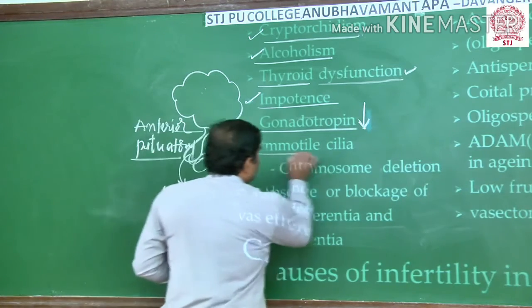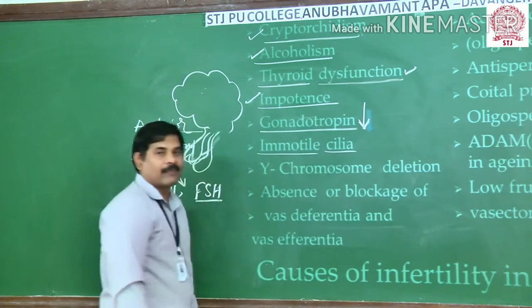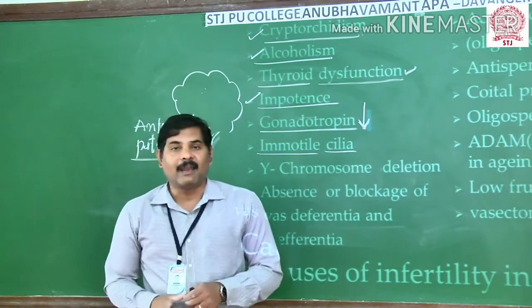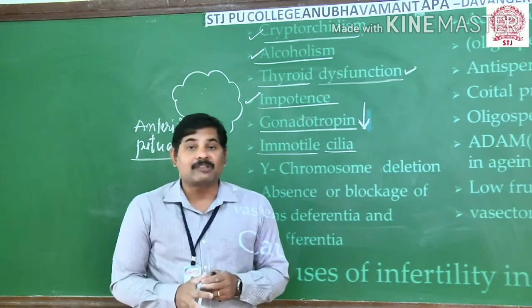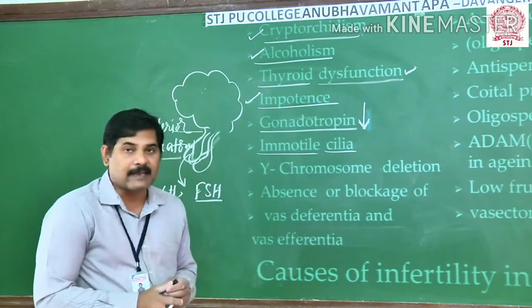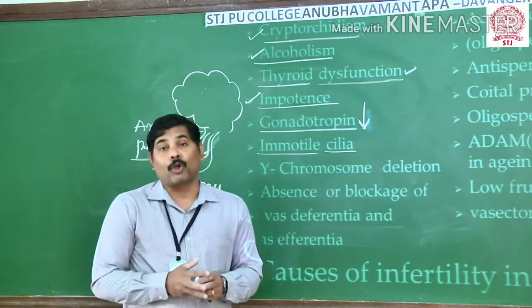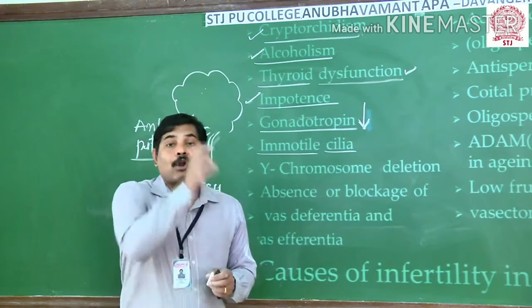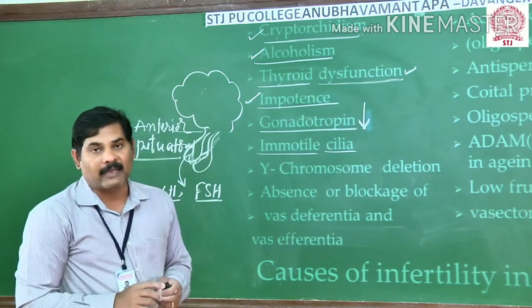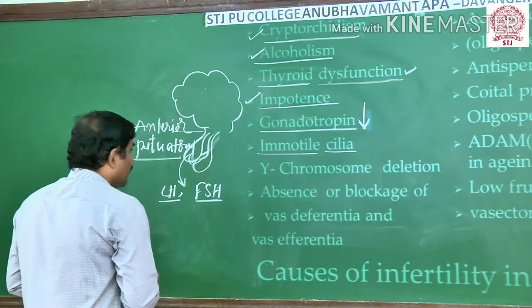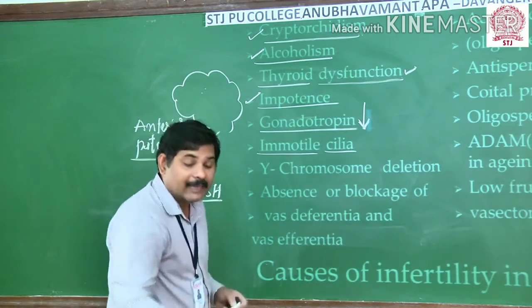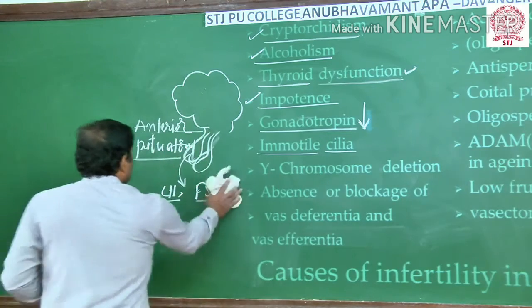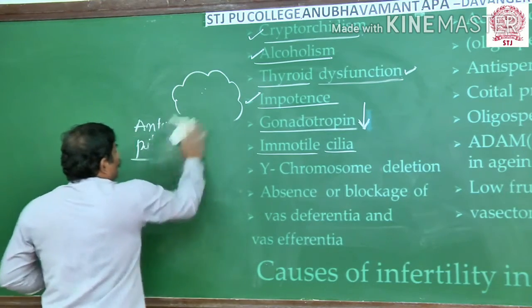And thereafter, hemophilia is one more problem in a male. Generally, whenever insemination takes place in the female genital tract, the sperms are not able to swim and cannot reach the top of the genital tract. And you all know very well that the entire fertilization process takes place in the fallopian tube.